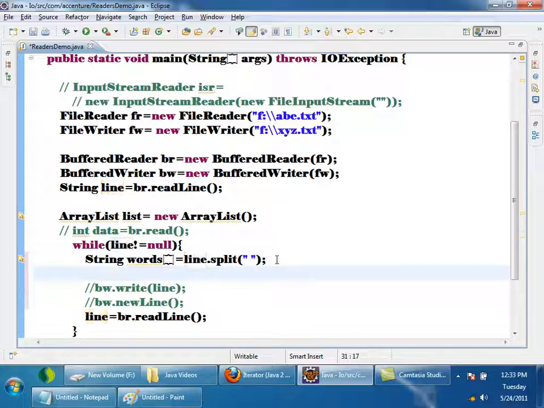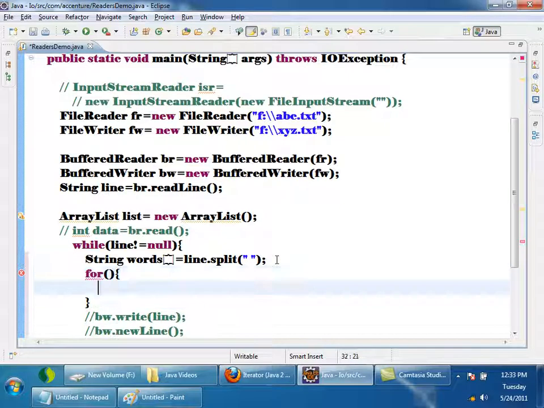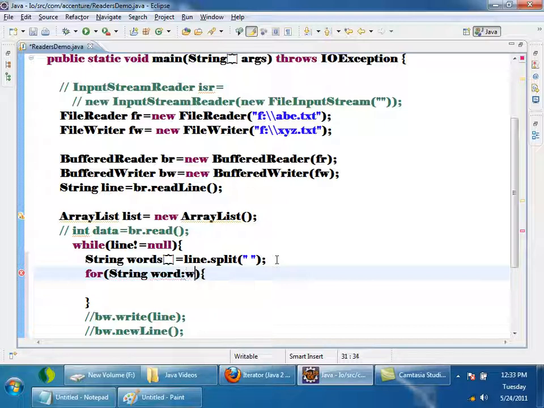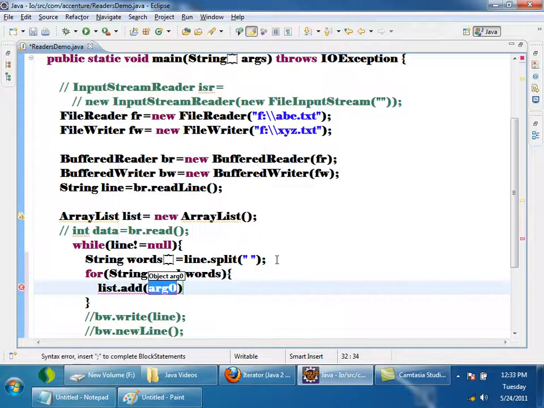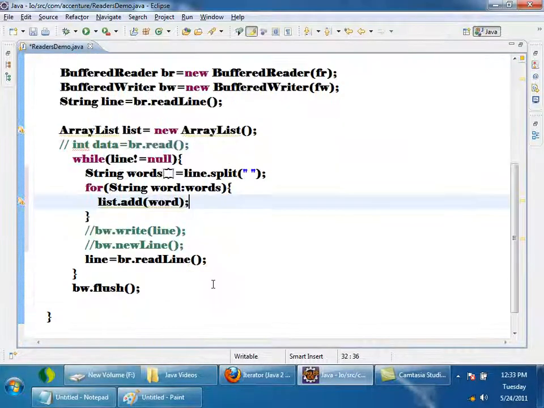Then I want to iterate over these words: for string word colon words, I want to add to list dot add word. So this will add each word to that list.